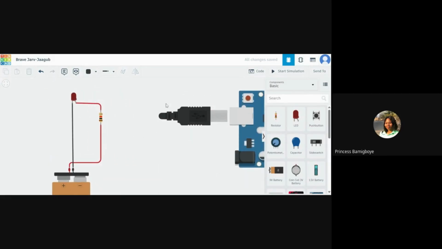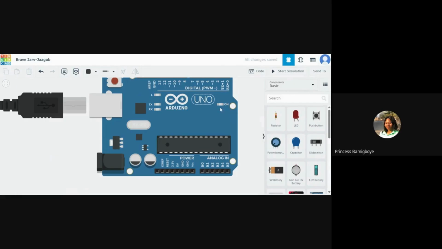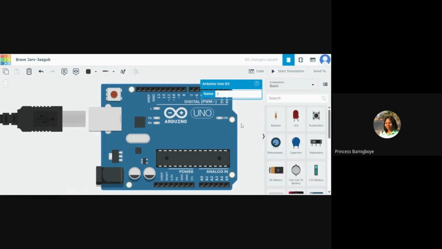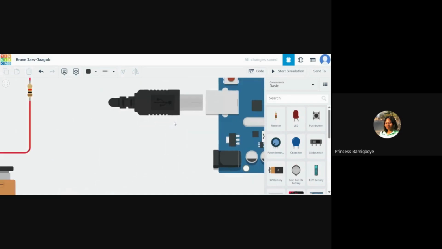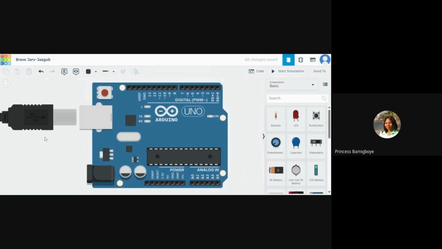a printed circuit board will have tracks instead of jumper wires, which are basically traces that show the path the signals or electricity will travel. So instead of using jumper wires, these printed circuit boards have tracks.